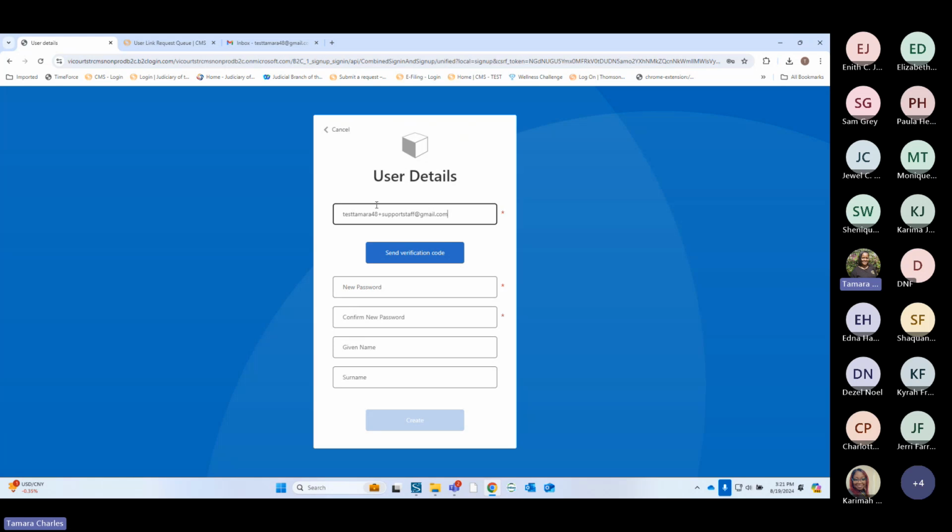Just something while you're testing, I wanted to raise this. If you want to use an email address just for testing purposes, so for yesterday, I just created a test email, and that same test email, once you add a plus sign after, so for instance, this was testtamara48@gmail.com. If I add plus signs after the number or whatever the last field was, I could still get this into my regular email that was just testtamara48.